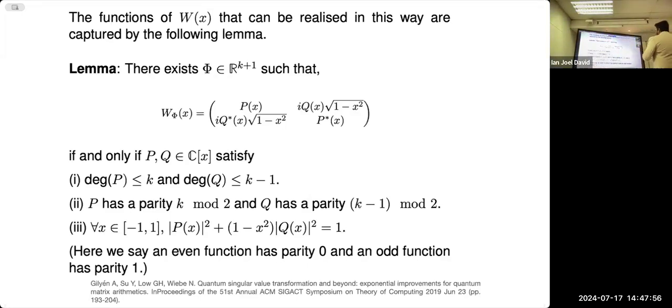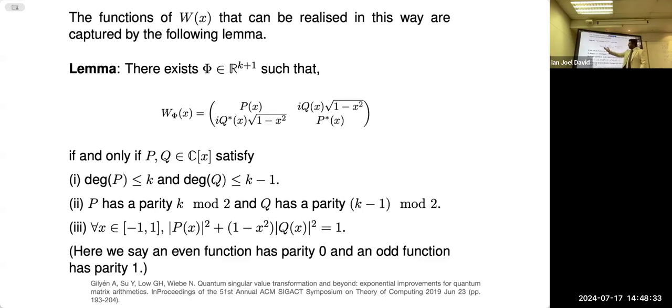And we can encapsulate the idea of quantum signal processing, this idea of having polynomials of X in your matrix, with the following lemma, which we'll call the quantum signal processing lemma. There's many variations of this because people sometimes do it differently. If you notice, I had W phi of X defined with sigma Z rotations. You can also do it with sigma X rotations. There's alternative ways to do it, but we're just looking at the sigma Z rotations. But the lemma is very, very simple, right? It just says that there exists some capital Phi, which is just a real k plus 1 entry vector,